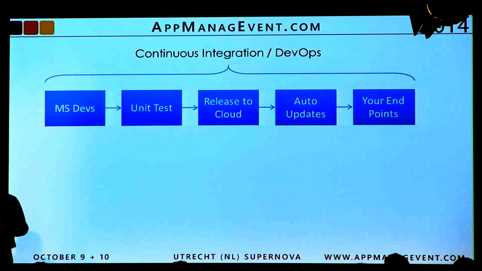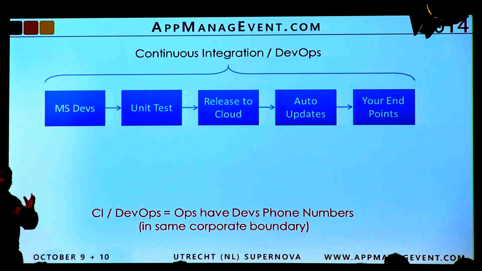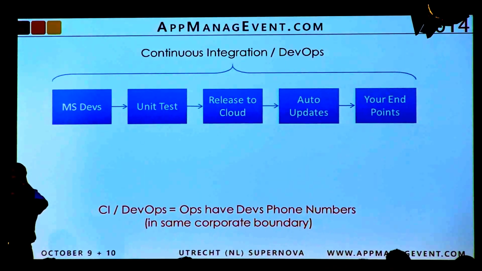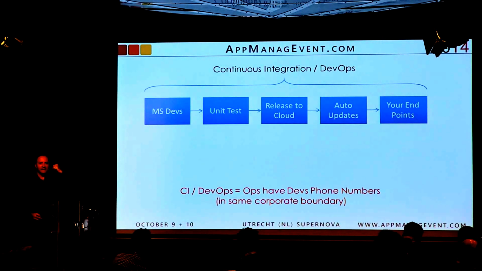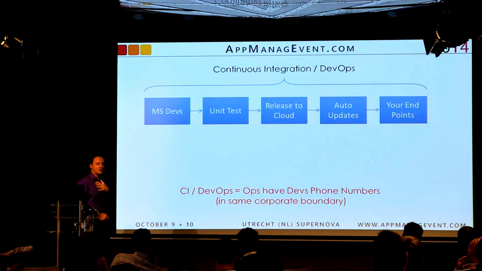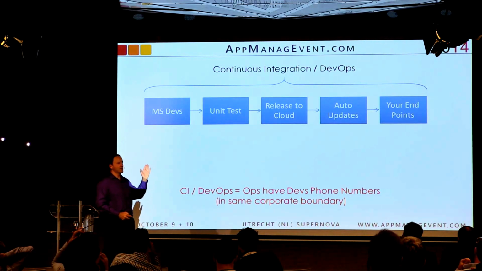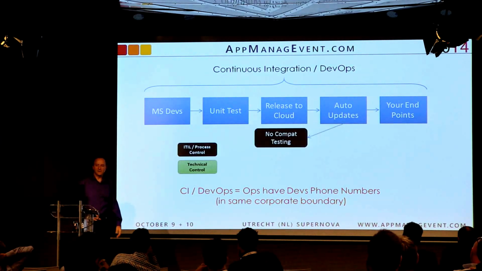As far as I'm concerned, DevOps is really, the ops have the devs' phone numbers, right? So if something really hokey happens during deployment, the ops call up the devs and say, get out of bed, get in front of Visual Studio, fix it, because we really can't roll back. Well, I don't have any phone numbers for any Microsoft Office developers. So I'm not really comfortable with a DevOps cycle that goes across a company boundary, basically.